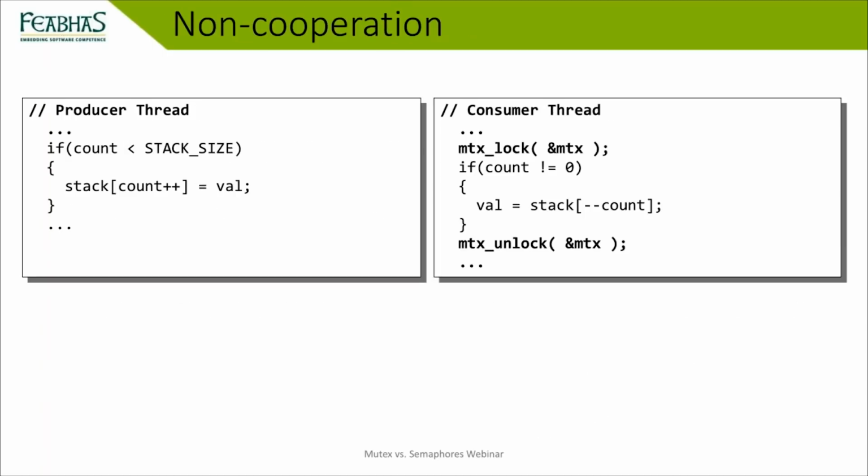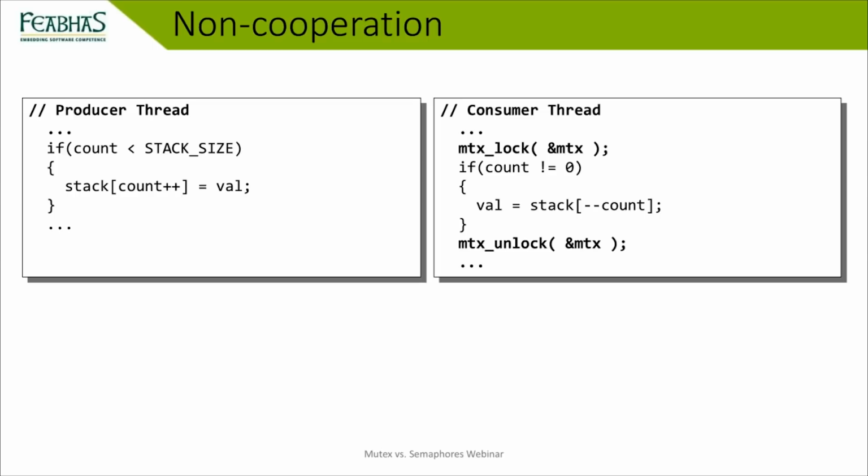So that's addressed the deadly embrace model. The other problem we can get is that everything we've talked about so far is based on what I call being a good citizen. We're relying on the application programmers to construct and use critical regions as we need them to be. So on the right hand side, we've got the consumer thread doing the Mutex lock and unlock as we would now expect of a well-crafted